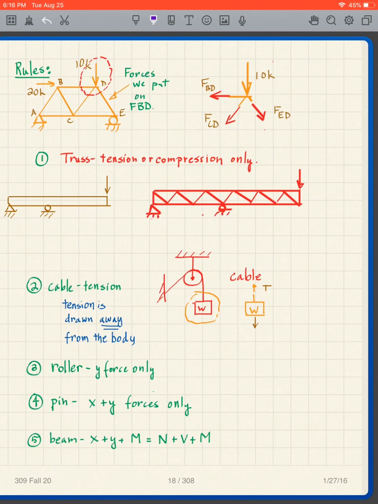And then, as we talked about, when we have a roller, we have a Y force only. We've gone through that. So these are the rules of statics. And when we cut different members and different supports, when we have a pin, we have the X and Y forces. Okay, but now what we're doing is beams. And when we cut a beam, what do we have? We have an X force, we have a Y force, and we have a moment. Why do we have a moment? Because